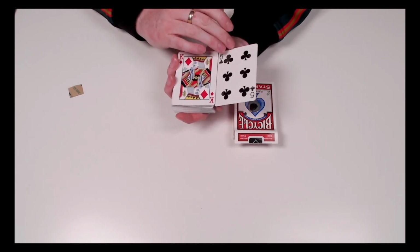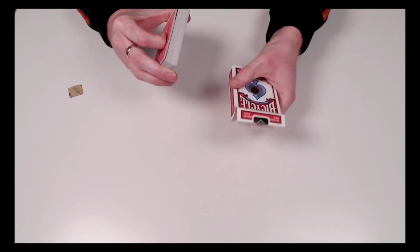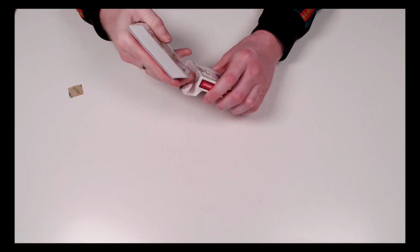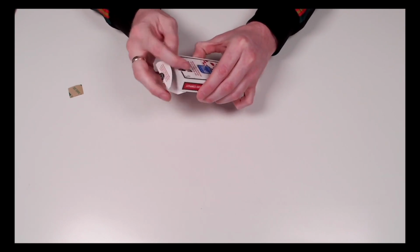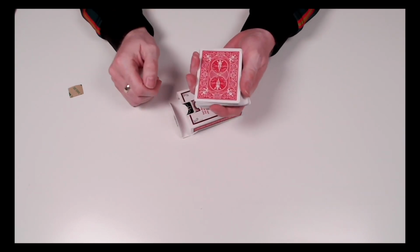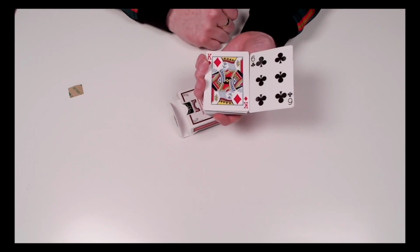So yeah, this is your set position here. If you run your thumb, you can feel this. What you want to do is make sure that you always put the cards away in such a way that when you take them out, you don't have to rotate them around again. So if I put them back in here like this, I take the cards out. If I turn them over, I'm in the position I need to be with the hinge opening this way, which